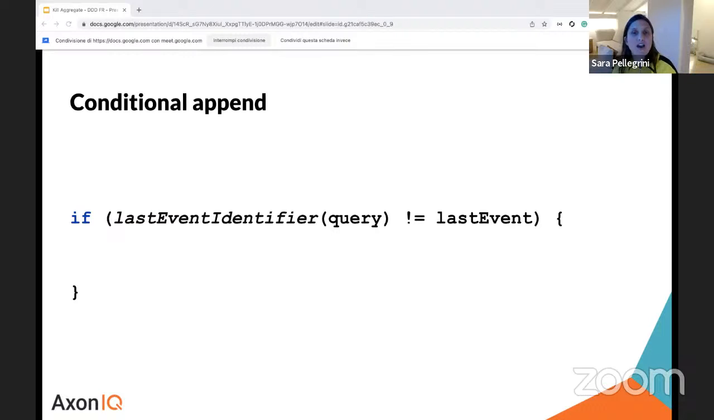If the identifier of the last event returned by the query does not match the identifier received as a parameter of the append, it means that the decision made is potentially wrong, because it is based on out-of-date data. I may have